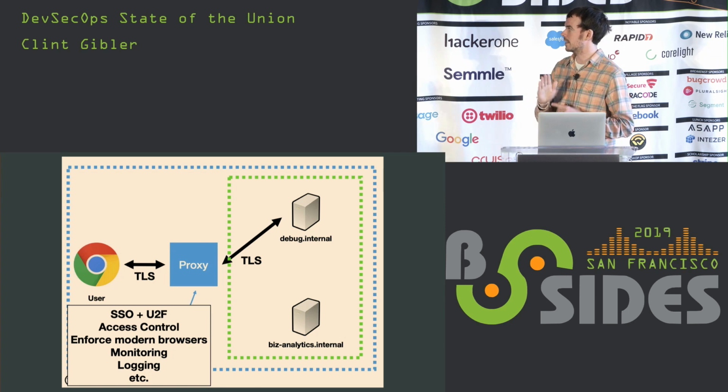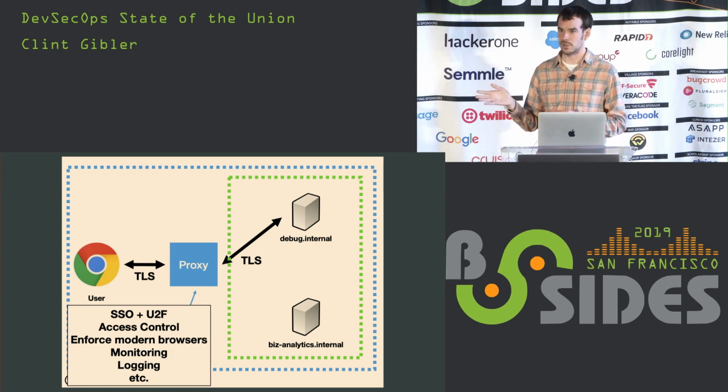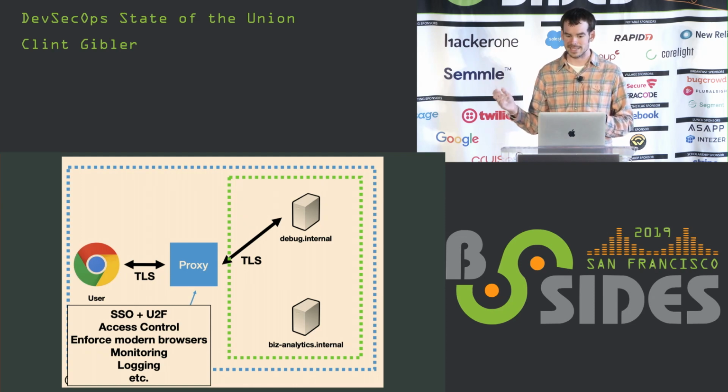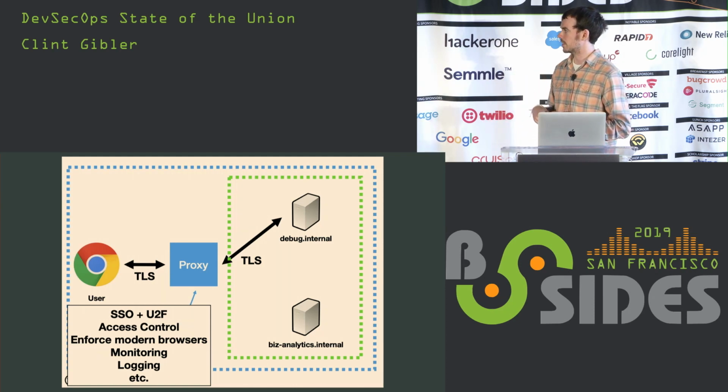And then also the proxy has a TLS connection to the internal services. So what's nice about this is it has a centralized, scalable platform that you can build defenses into. So each application written in many different languages on many stacks doesn't have to build these protections themselves. And this is also useful for other security teams, like the infrastructure security team, detection and response, and so forth.